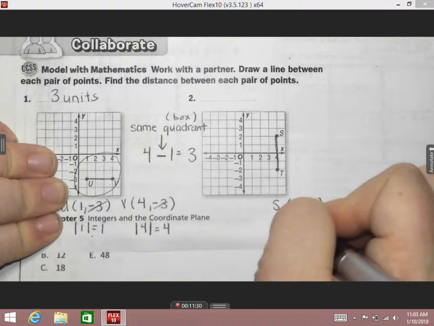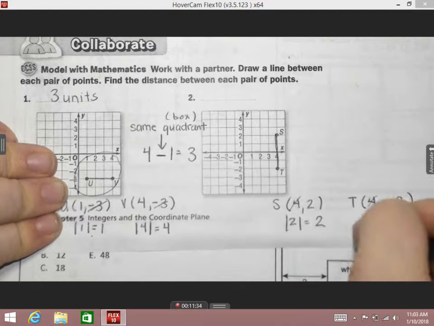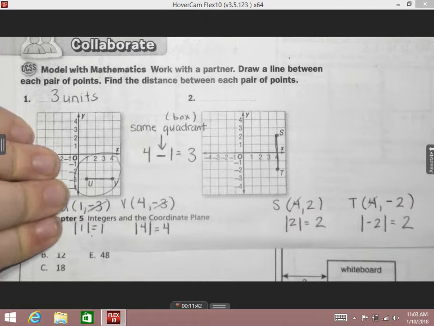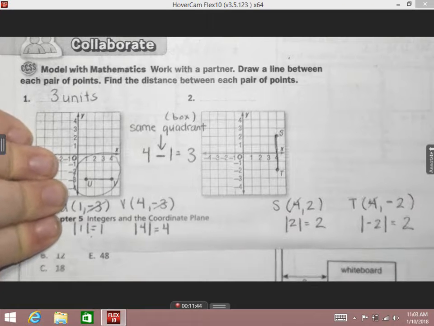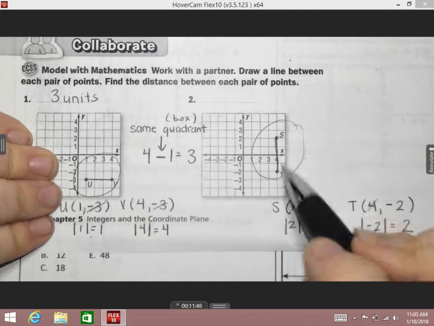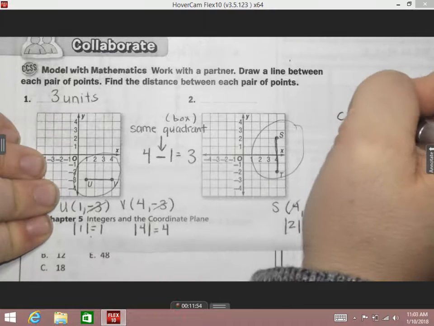Absolute value of 2 is 2. Absolute value of negative 2 is 2. Because again, absolute value finds the distance. If we say it enough, maybe we'll get that vocabulary word right on the test. All right? Okay, guys, what's happening here? Is it in the same quadrant, or are we crossing? Crossing. So we're crossing